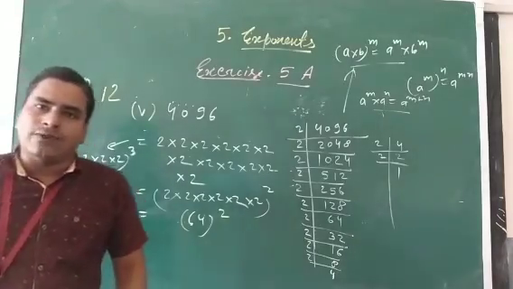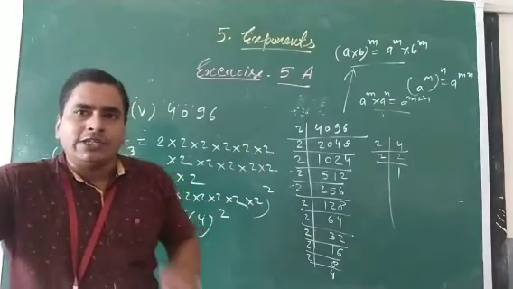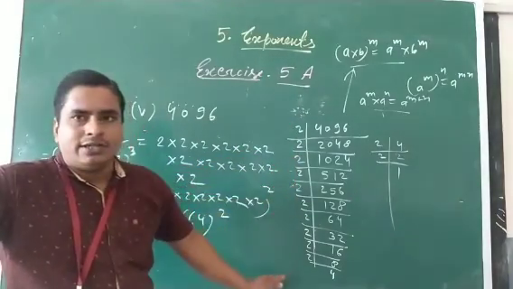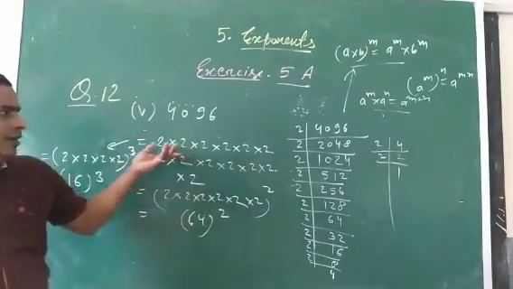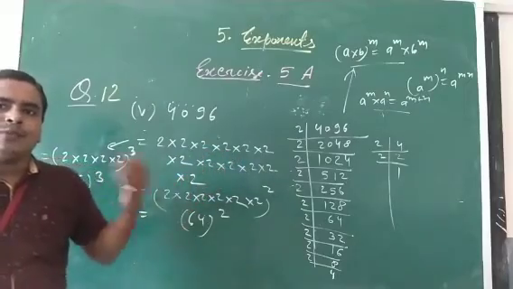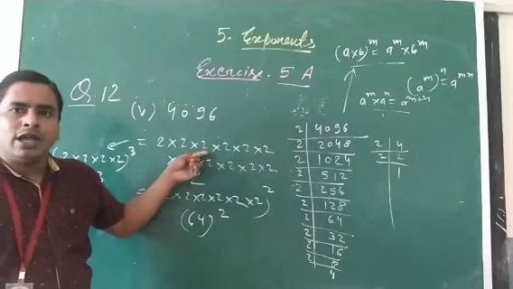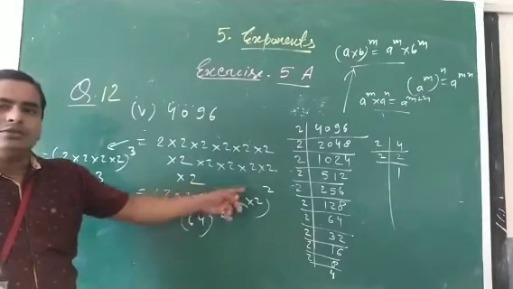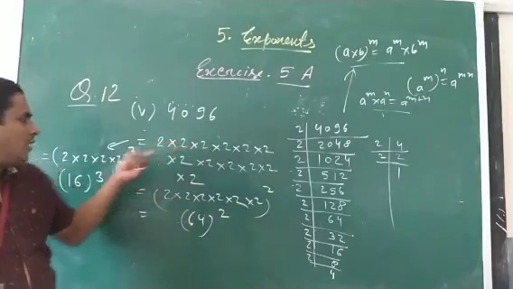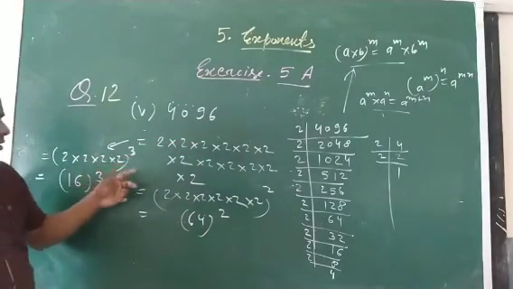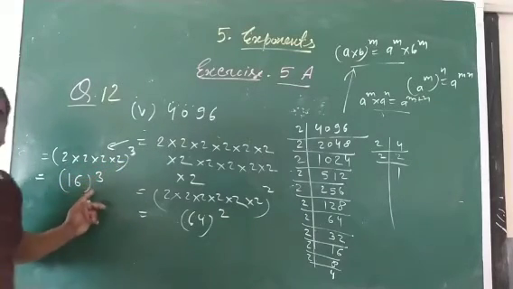Okay. So how do you find the given number as a square of another number or a cube? First we have to find its prime factorization. What did we do? First we found the prime factorization, then from that prime factorization we made pairs, either of 2 or of 3. So I took 6 twos, so this became the square form, the square of the number 64. Then I took 4 twos together, 2 into 2 into 2 into 2, so what form was made? The cube form, 16.